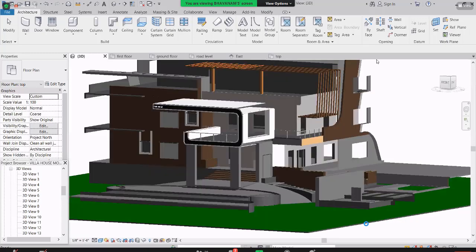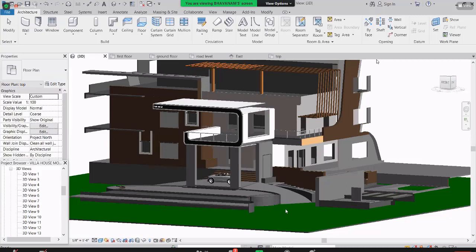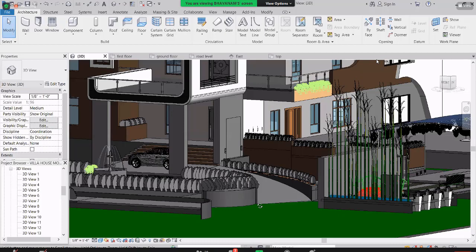Whatever the green area will be here, that seems to be a garden. Whenever you want to scroll in Revit, just press your shift button, and by using the mouse roller, you can roll it like this.